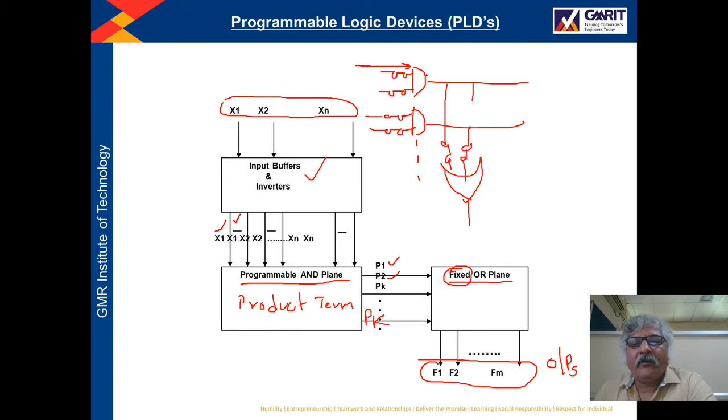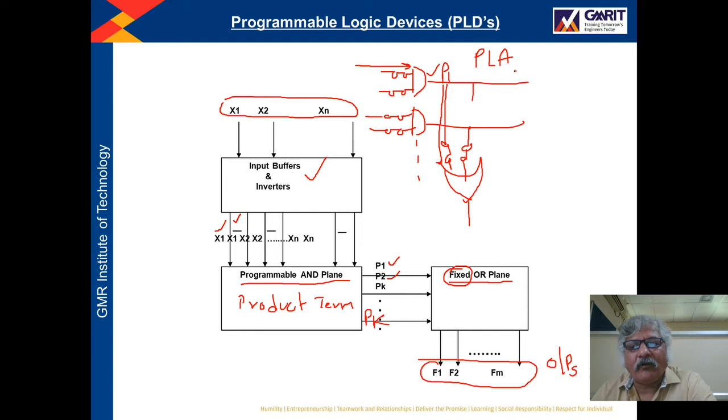Once the output of this AND gate, which is the product term, is produced, this product term will also pass through these switches. Since the switch is present in the OR plane also, again there will be some propagation delay. So in the case of PLA, where the AND plane and OR plane both are programmable, it will take more time for a signal to pass through the programmable AND plane and OR plane due to the presence of the switches.